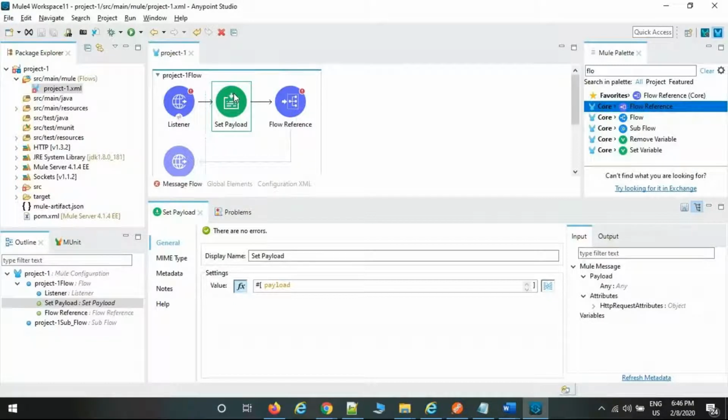Actually, when a source system or target system is receiving the data, there is a header part, a footer part, and the body. Headers are sent as input parameters, for example username, passwords, phone numbers. These are the header part they send. The body is always dynamic. Footer is optional. If you are receiving an invoice, what information does it include? Your first name, last name, mail ID, phone number, and so on.